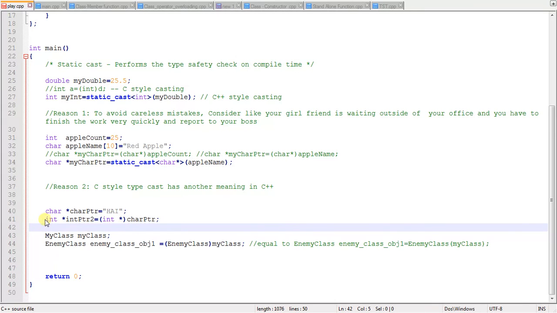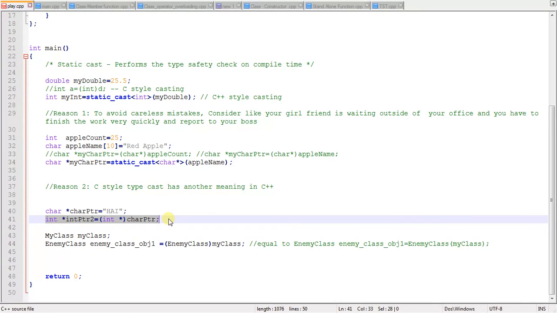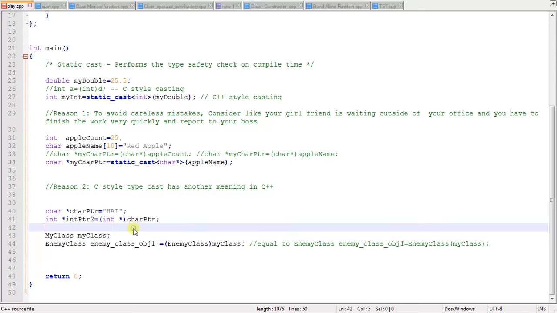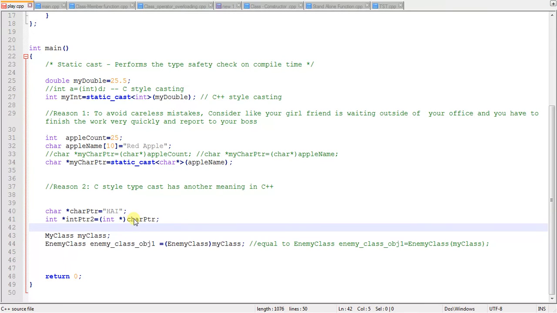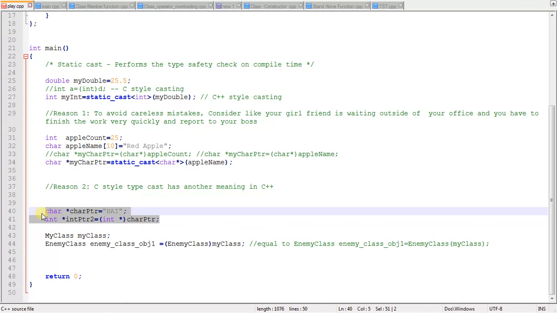As soon as a programmer sees the line, the programmer thinks it is converting a character pointer to an integer pointer. Consider you have written code like this, and in future any programmer seeing this line will think we have done a conversion of a character pointer to an integer pointer. Okay, this doesn't make much difference. Let us look into the next example.